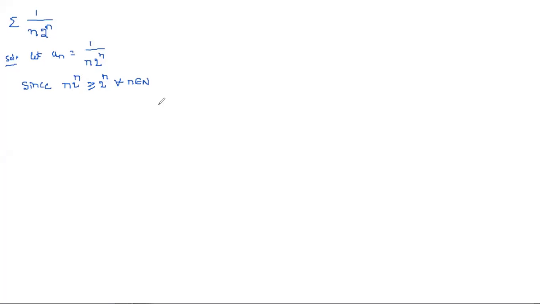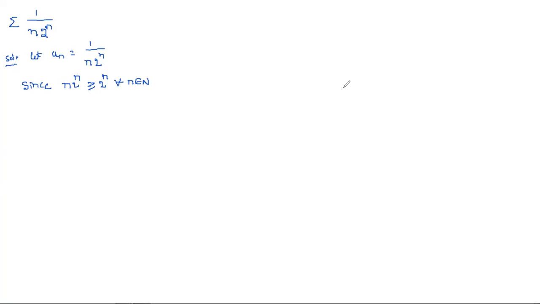We can take Vn also as 1 by n, but we can't satisfy that condition. If you take 1 by n and next to it 1 by n cancels against 1 by 2 power n, so 1 by 2 power infinity is an indeterminate form. So that's why we can't write like that. Okay.